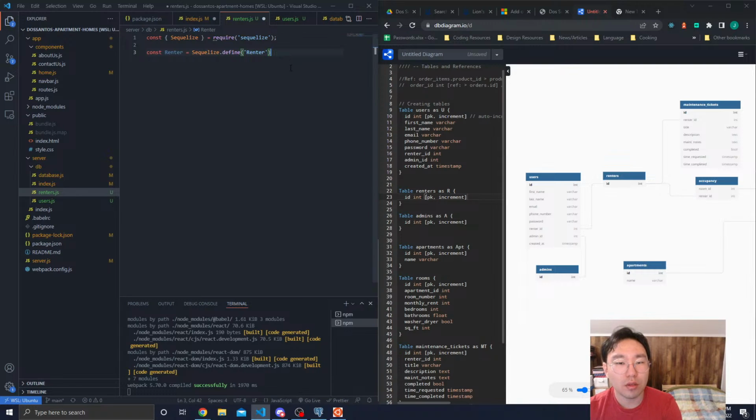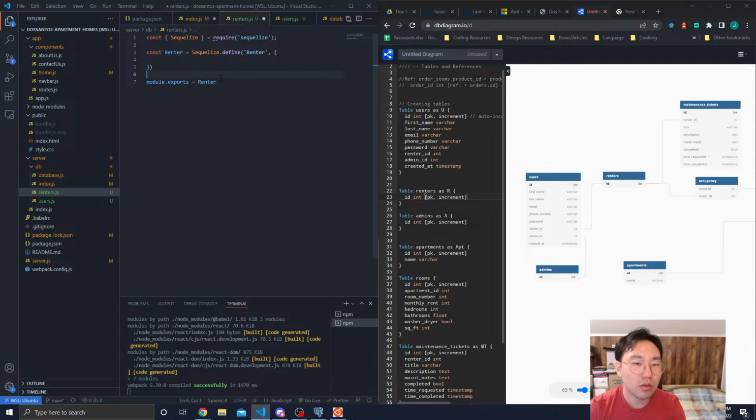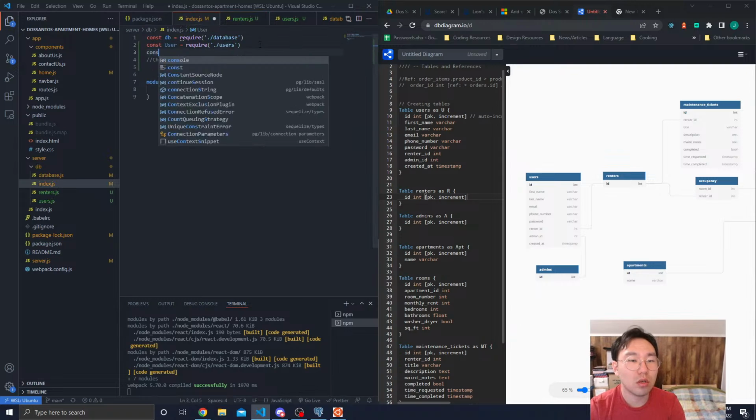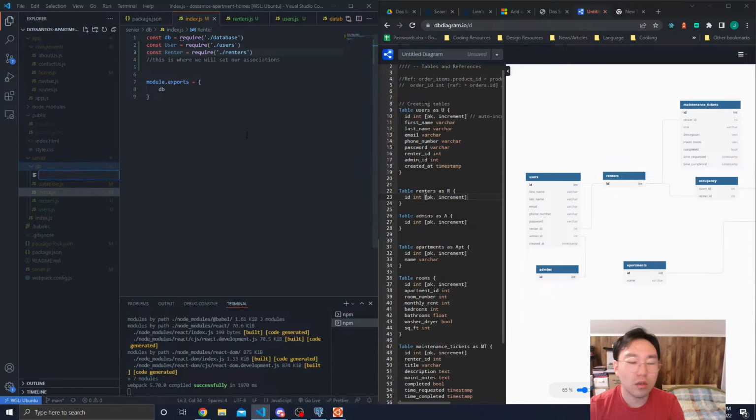I'm going to save it like this for now. Keep the structure a little bit. And module.exports equals renter. Cool. Very similarly, import this, const renter equals require renters. Save that. Create one more file,